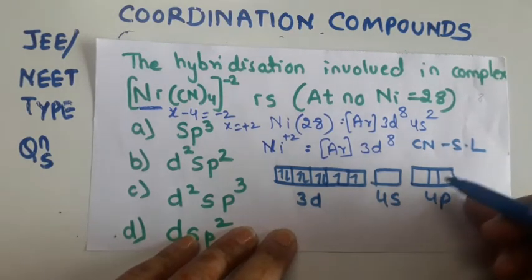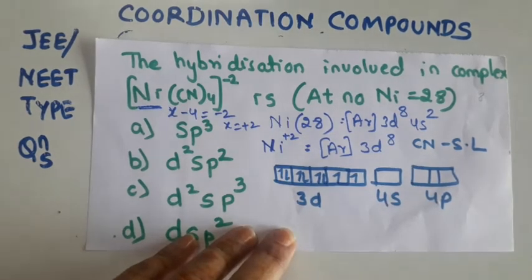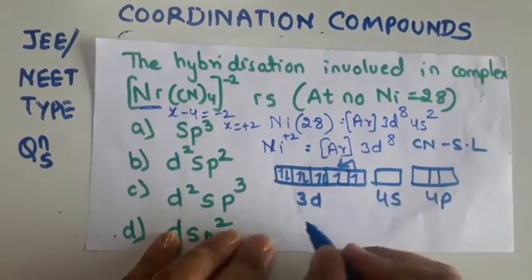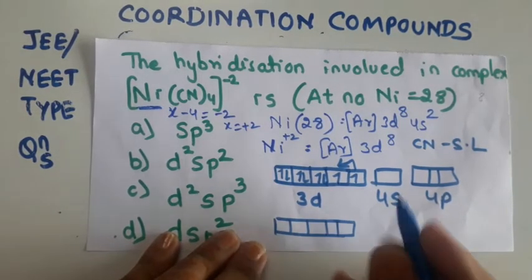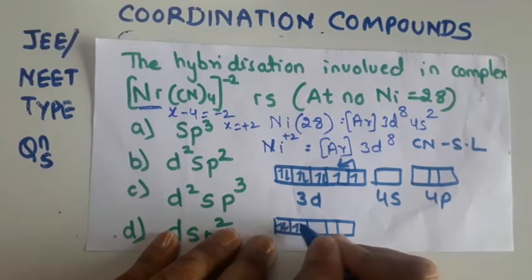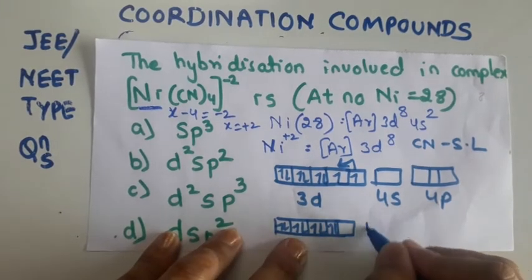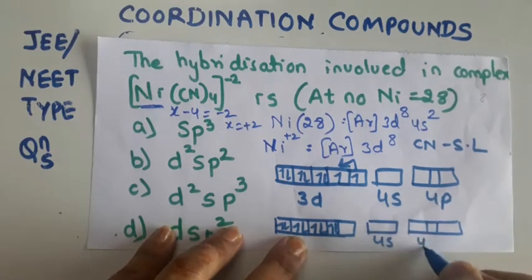But before you carry out pairing of electrons, just check what type of hybridization it is, or how many boxes you need, and make sure. So we need 4 boxes. Because of which, the electron will shift over here. So we will be getting 1 2 3 4 5, 1 2 3 4 5 6. Just see, this electron is shifting here. So we have one empty box, and this is 4s and here we have 4p.